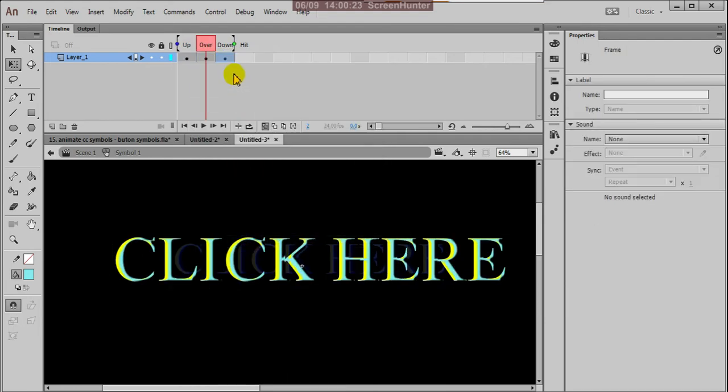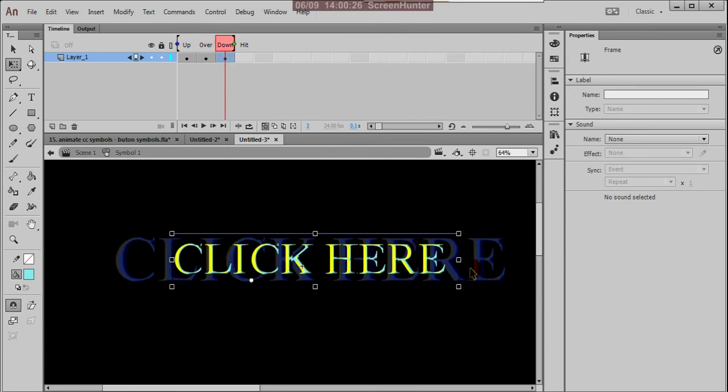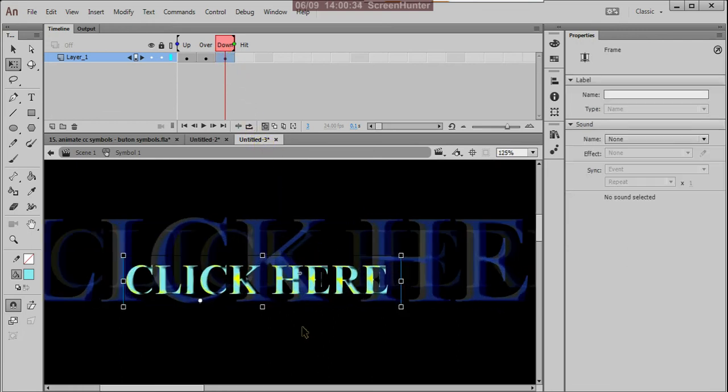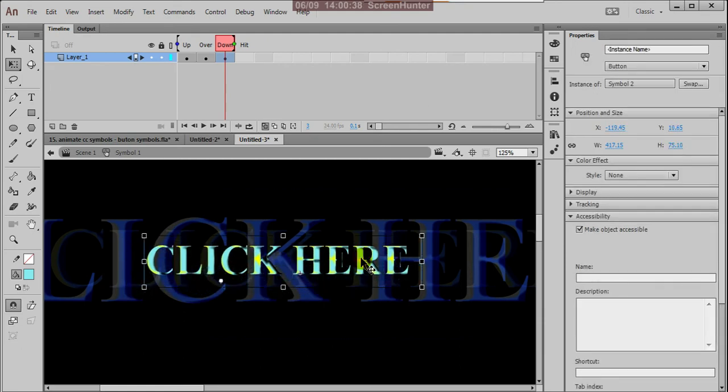Now you can reduce this size more because it is the down state, and you can place it at the middle.